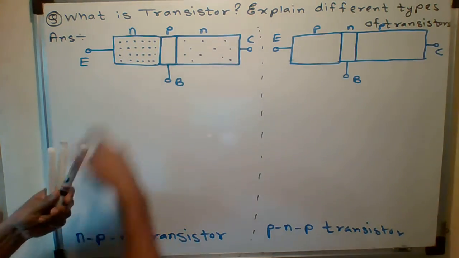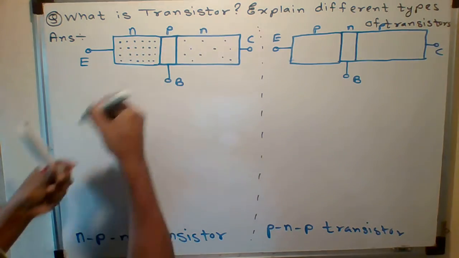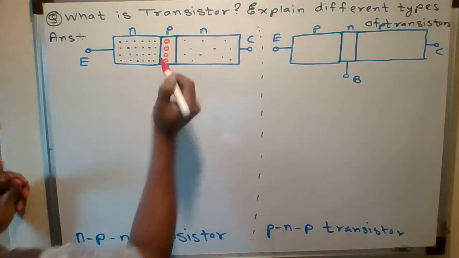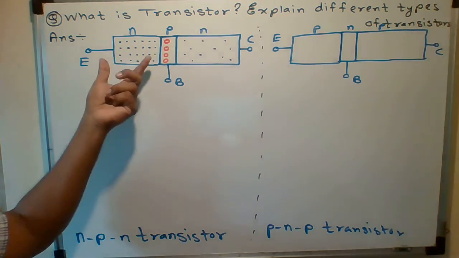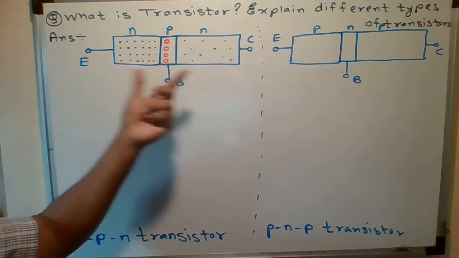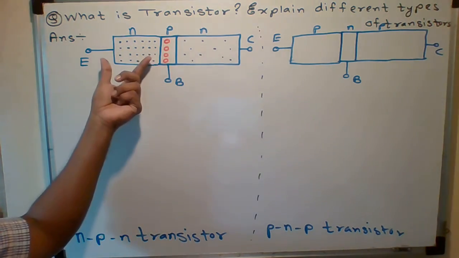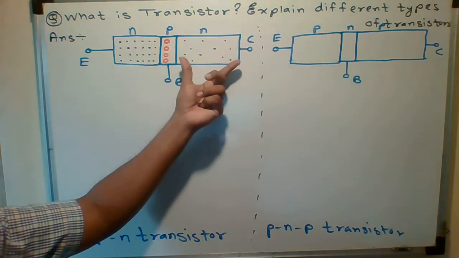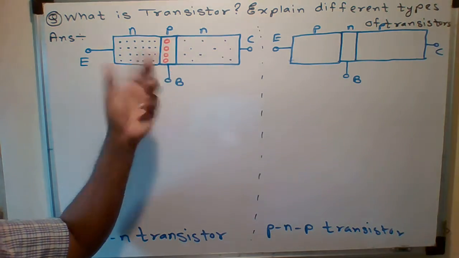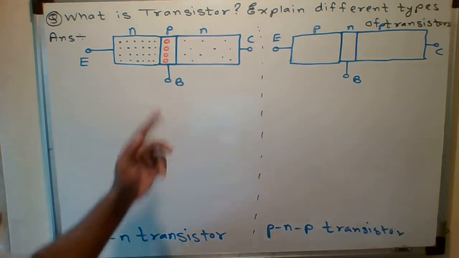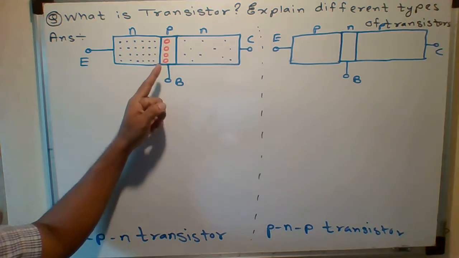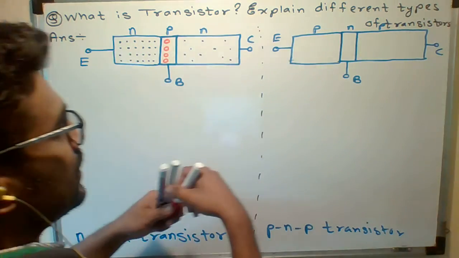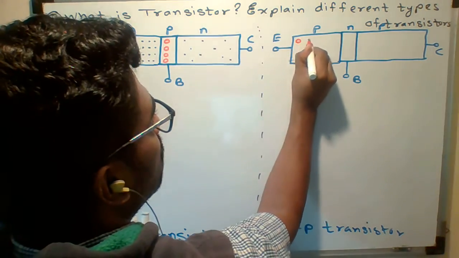Okay, P is positive type. So definitely it contains holes. Okay, definitely it is lightly doped. So students, about the emitter I will say the region is smaller than the collector region, but it is highly doped. Collector area wise is larger than the emitter, but moderately doped. Base area wise is also smallest, and doping wise it is also lightly doped. Okay, we can see here also. Now here PNP transistors are there. PNP means here the number of holes will be there.